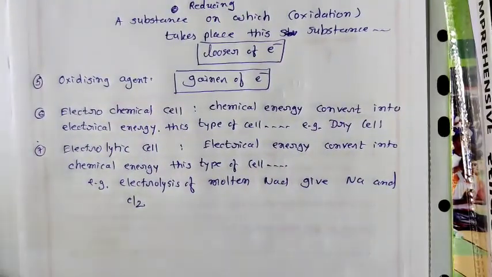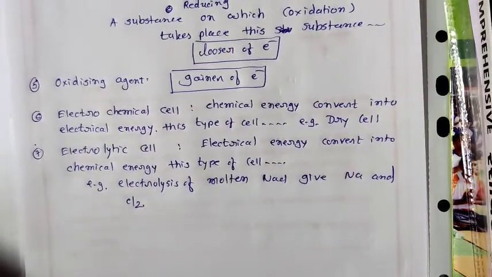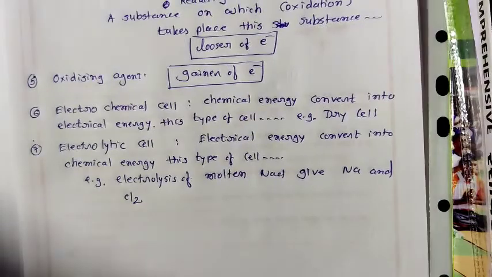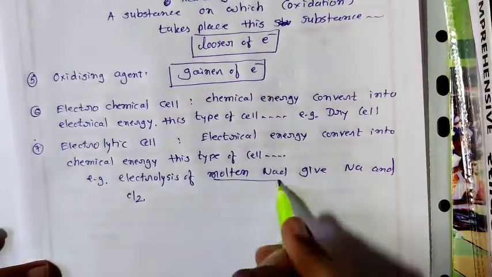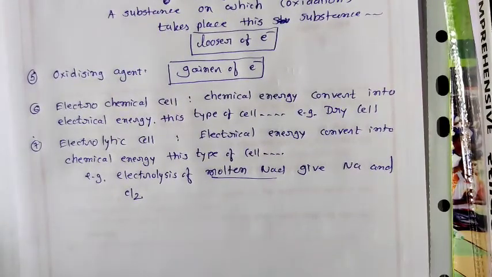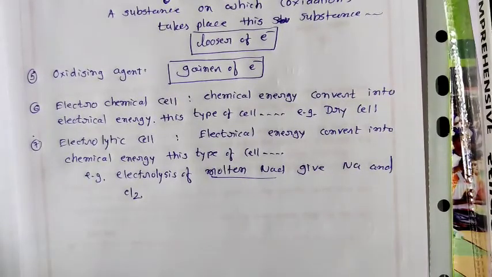It is a very important concept of 12th also, electrolysis. In short, in the electrolysis process, we give electricity to the compounds, to the solutions. This process is known as the electrolysis process. Molten NaCl. What is molten NaCl? There are three types of solution which we prepare for the electrolysis process: concentrated solution, dilute solution, and molten solution. In molten solution, we take an equal amount of water and NaCl.